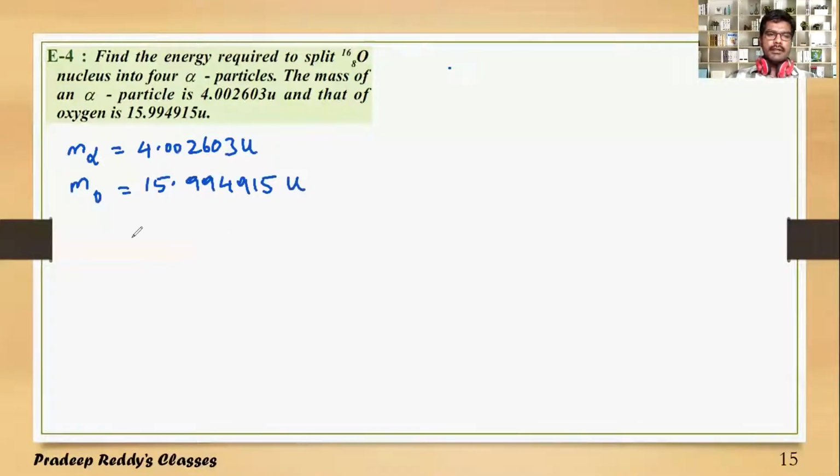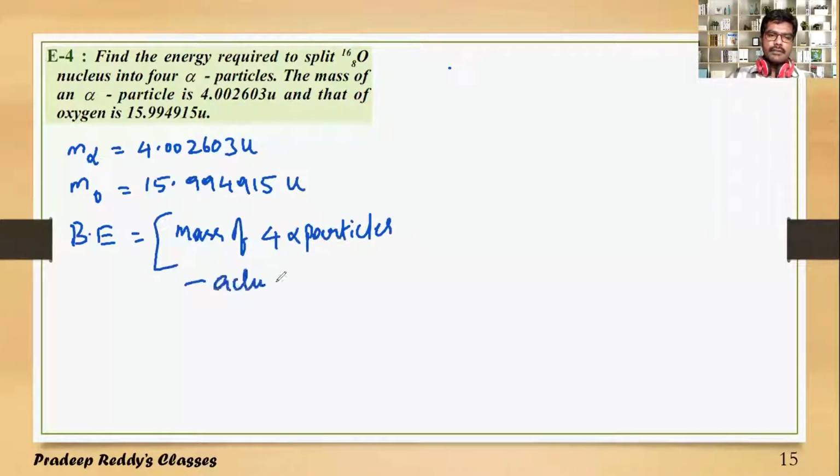Now oxygen mass is given, alpha particle mass is given. You need to calculate; oxygen should be split into 4 alpha particles. Therefore, I can write binding energy of oxygen is equal to mass of 4 alpha particles